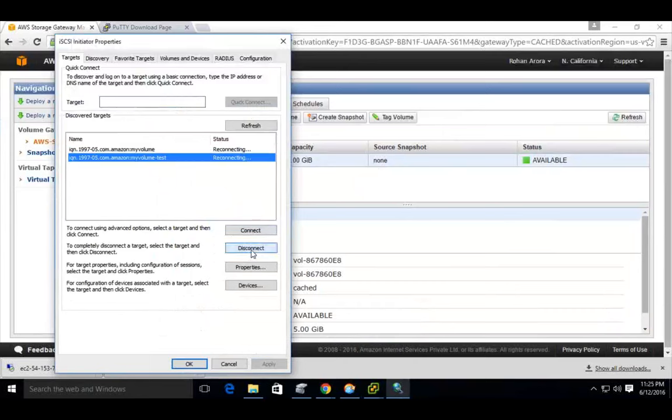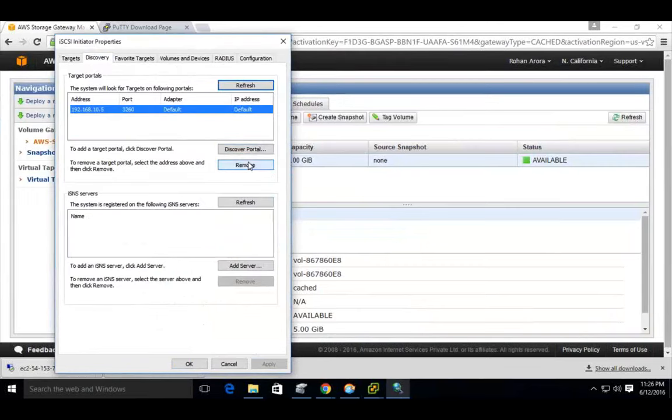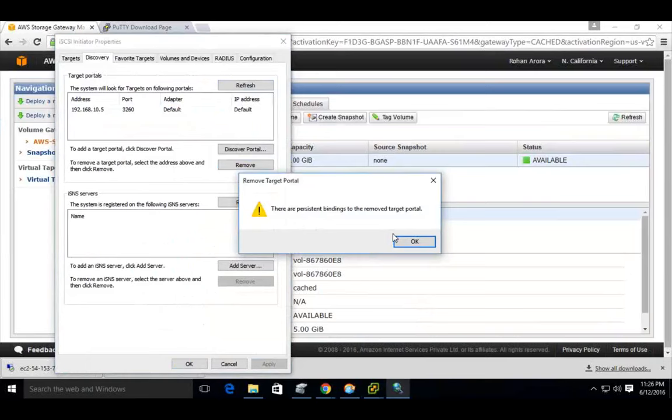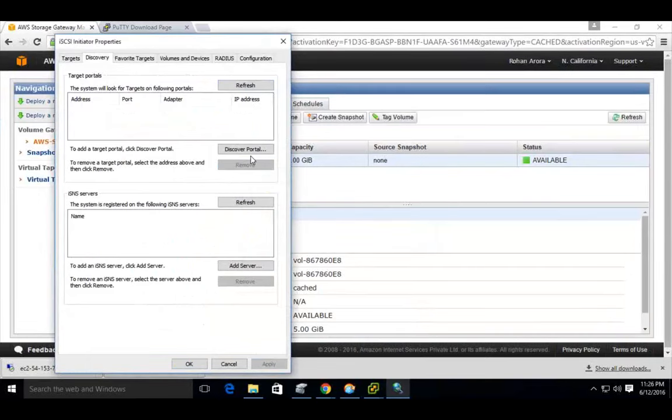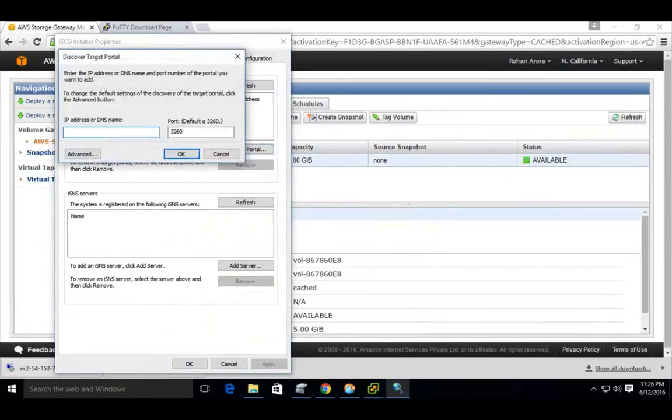Right now, let me just refresh this page. Okay, so now I open the iSCSI initiator properties on my Windows one. I go to Discovery, and let's remove this portal. I go to Discovery portal, and I type in the IP address of my virtual machine running in my data center, 192.168.10.7. Hit OK,